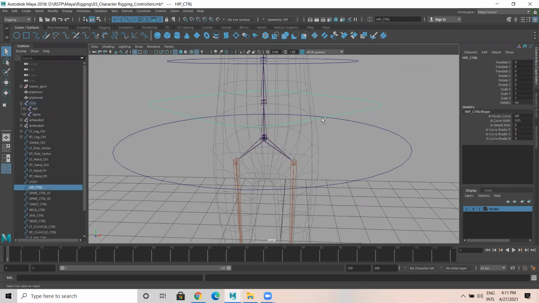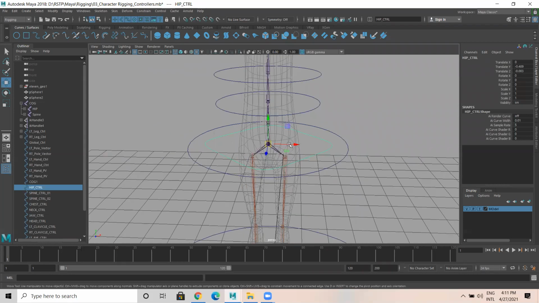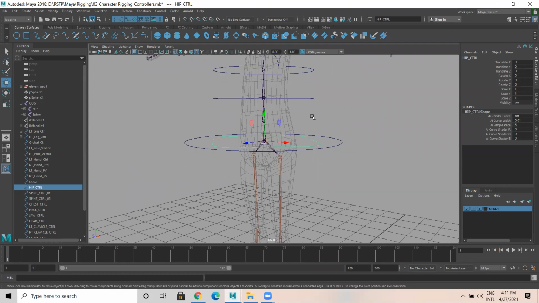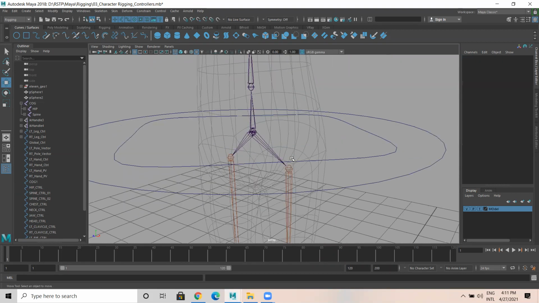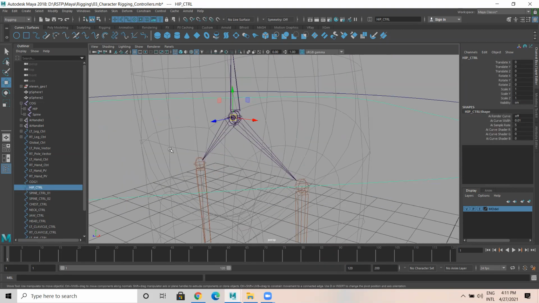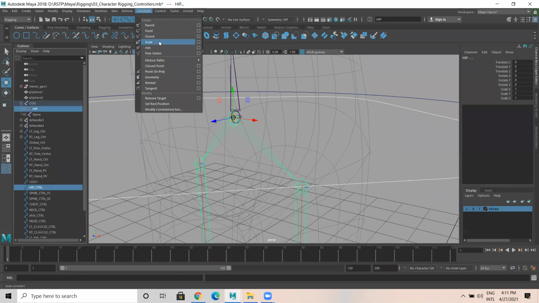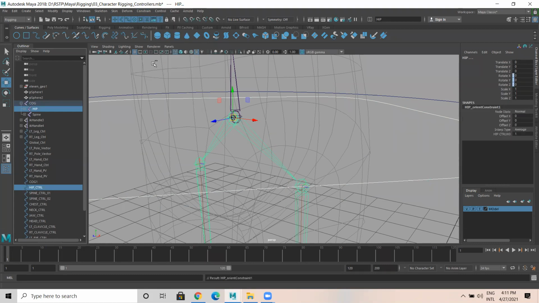What I do is I select this hip controller, I paste, I move this here, modify, freeze transform. So now what I'll do, select this hip controller and shift select the hip joint, go to constraint, orient.